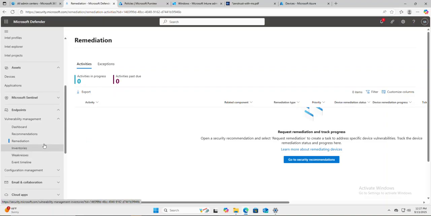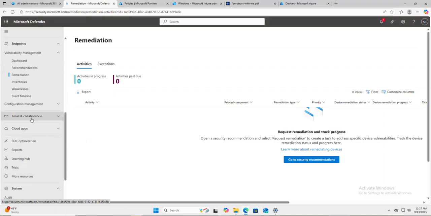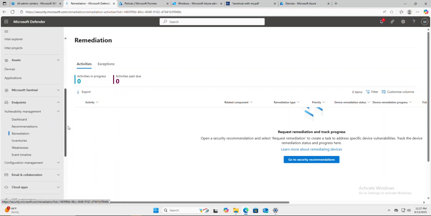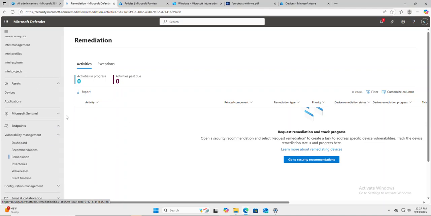Anyway, so here you can deal with the stuff related to Exchange Online, so email and collaboration, cloud ops. There's a whole bunch of other things that we will cover. But anyway, so MDE is an EDR: detect, investigate, and respond. So if we go back to, let me show you, if we go back to devices,